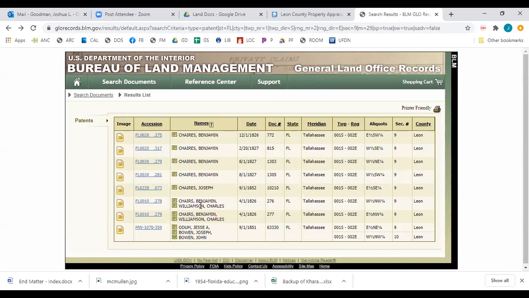Tax rolls have been created ever since the very earliest days of Florida's territorial existence. That process has changed only very slightly in 200 years. And the great news for us genealogists is that those tax rolls, going back many years in many cases, are available either from the State Archives of Florida or from your county property appraiser's office or from your county clerk of courts. It's slightly different depending on which county you're looking at, who's going to have the tax rolls.